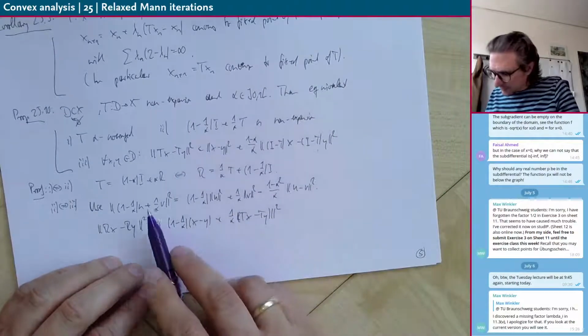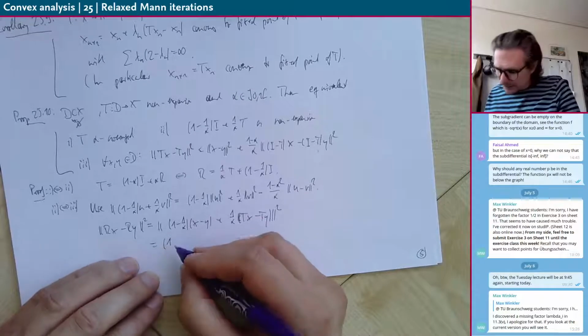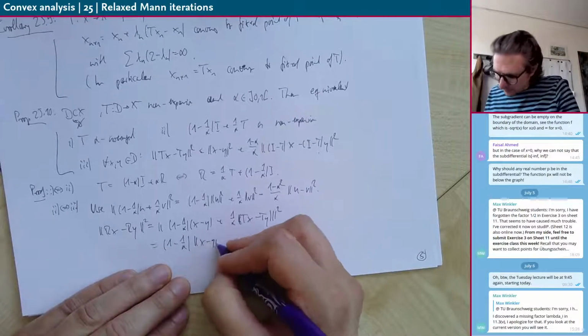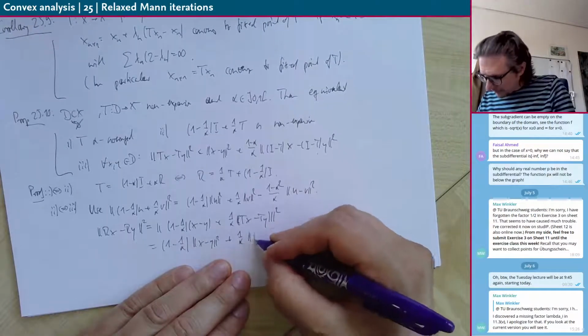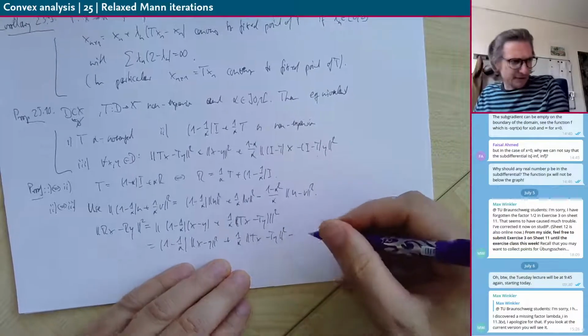Now we use this thingy here and get this is equal to (1 minus 1 over alpha) norm x minus y squared plus (1 over alpha) norm tx minus ty squared and minus